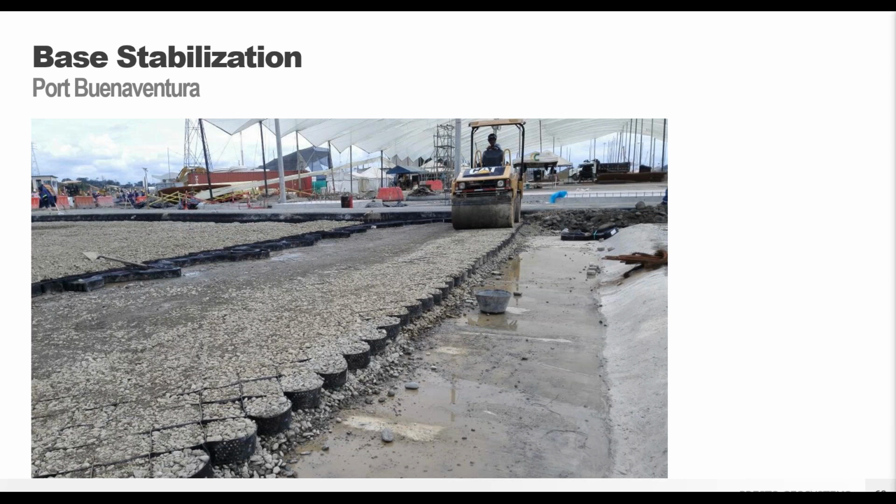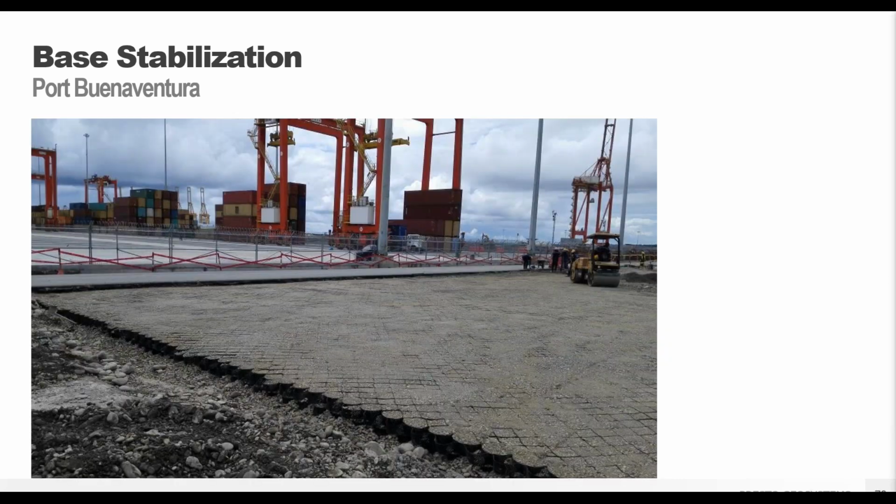Once you fill in the panels, as I said, you can take a smooth barrel roller over that wearing surface to help compact the stone into the GeoWeb panels themselves. You don't need to go cell by cell doing compaction. That would be awful. So yeah, just your standard smooth barrel roller is going to do the trick.